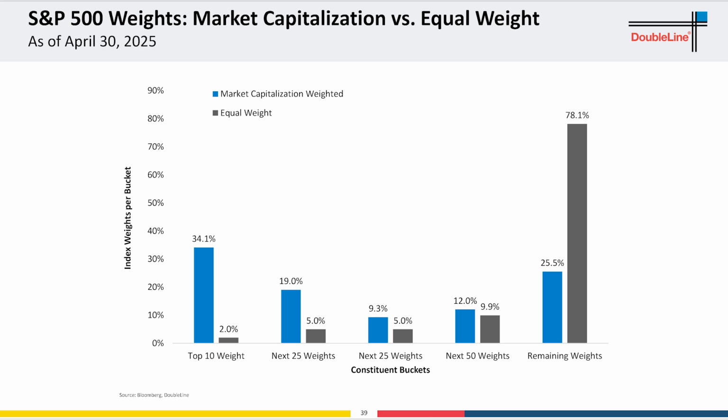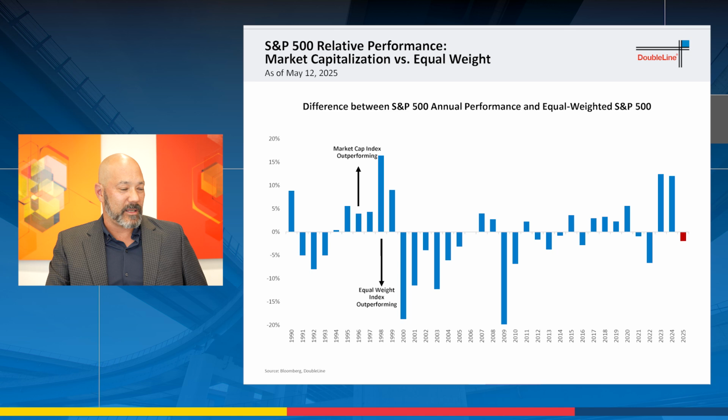But really, you can say the top 10 weight is 34% in the market cap weighted S&P 500, and then 19, and then 10. And so when you look at the equal weight, you're obviously very much higher weighted to the much smaller names and underweight the much larger names, which tend to be on the tech side of things. You can see there are times when, if you look at the,